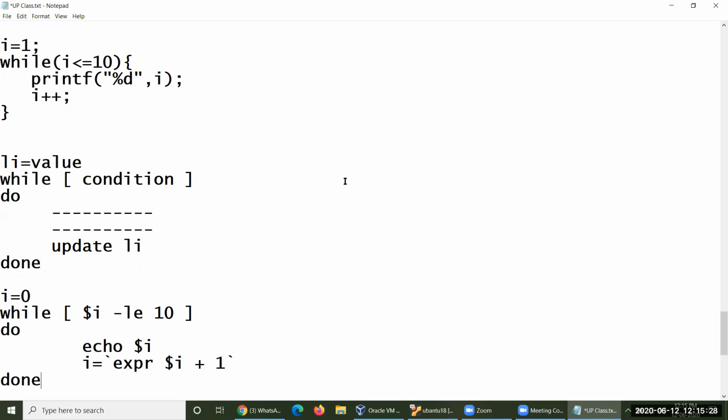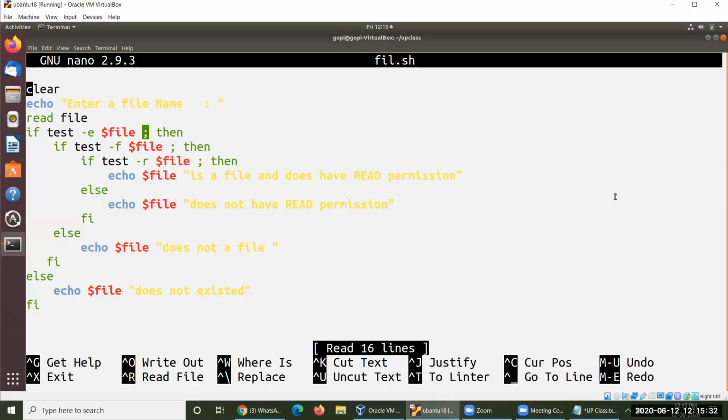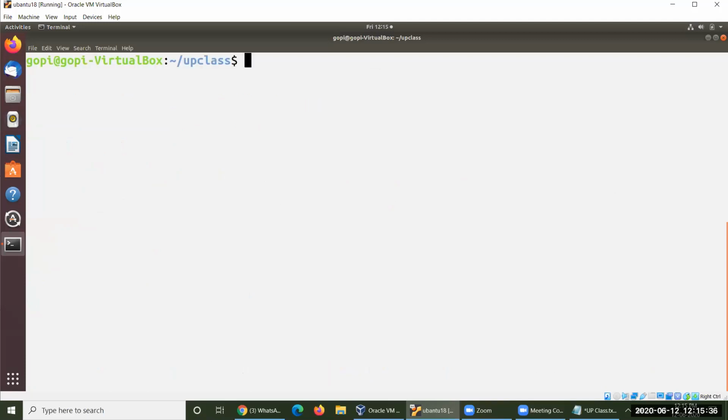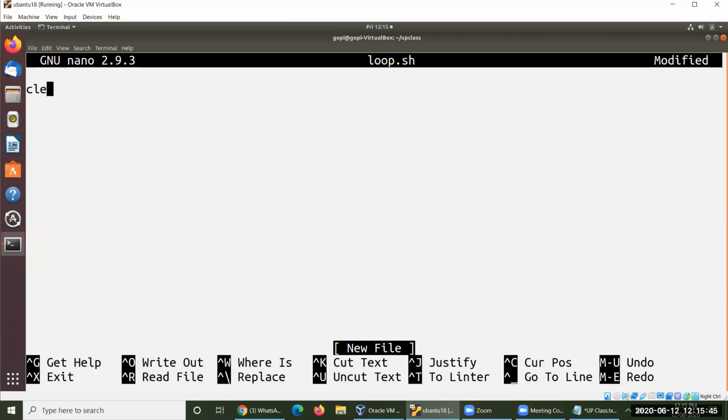Let me do the same problem in Unix. Let me come out from this one, and then nano loop.sh. Okay, so clear.